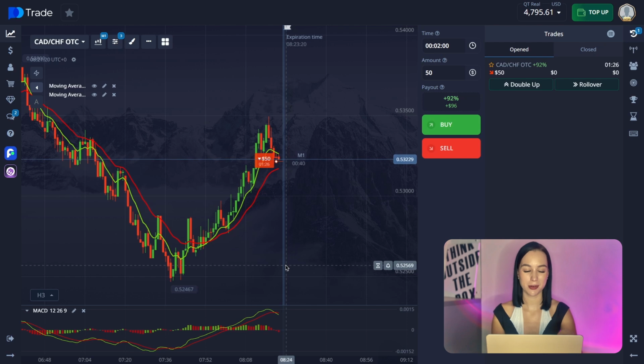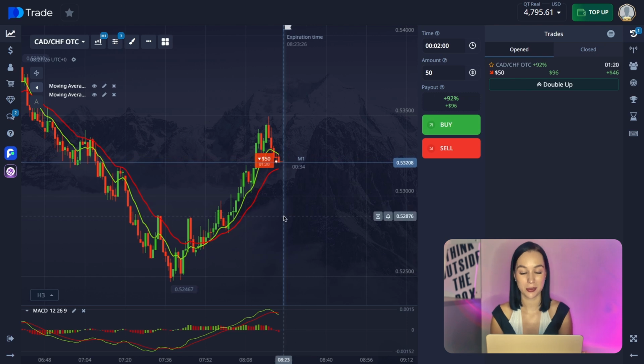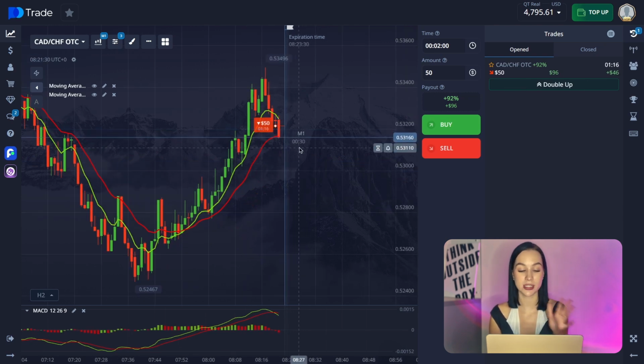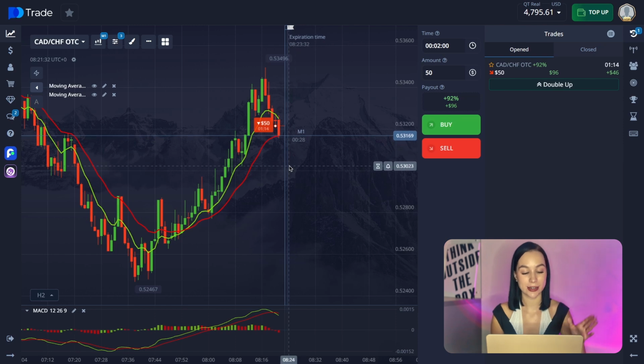Of course, it would be better if we also wait for the signal from the moving average, but here I already see that it will go in the downward direction, so that's why I open it here. But for you guys, I really recommend you get all of the signals from the indicators and only after that open a trade, so you will be really sure about this. At the same time, I know in case of something I can open a catch-up, but as you can see,